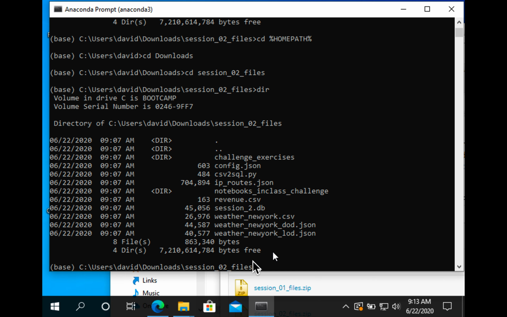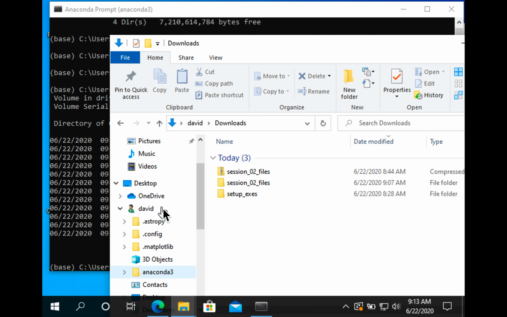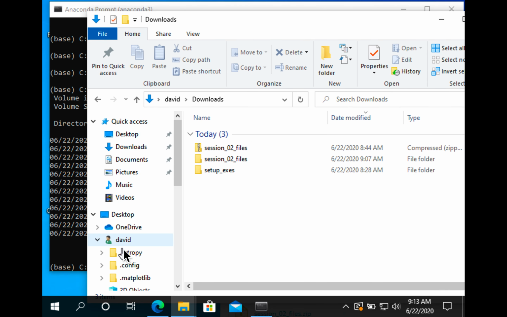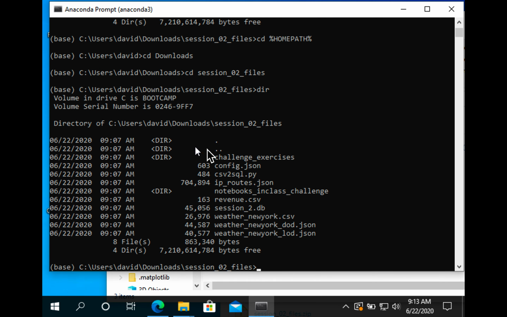If you got hung up with your file system because your Windows shortcuts don't look the same, you may need to play with it a little bit. You might need to search for how to show your home directory in the quick access bar in order to see these files in Windows. But as I said before, it doesn't really matter if you can see it in Windows in the File Explorer. What we really need to be able to do is get here from our Anaconda prompt or our terminal prompt